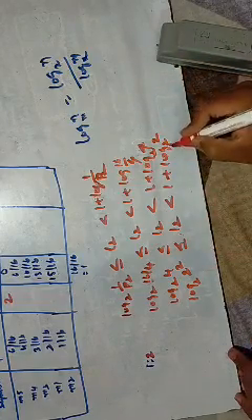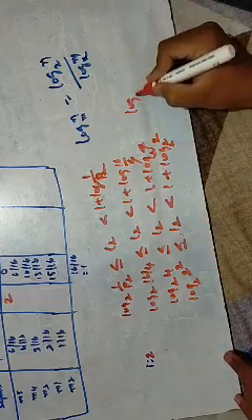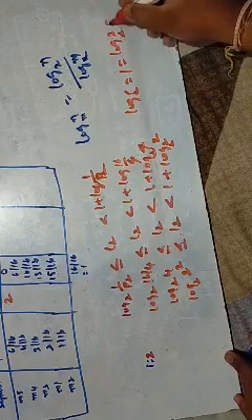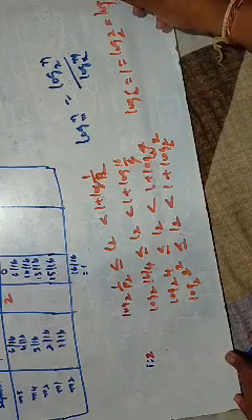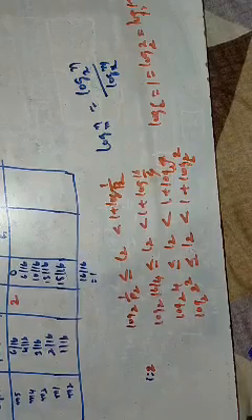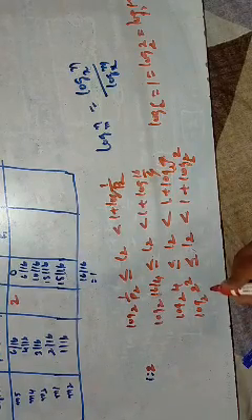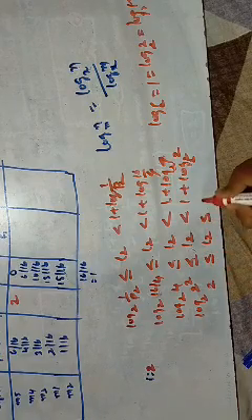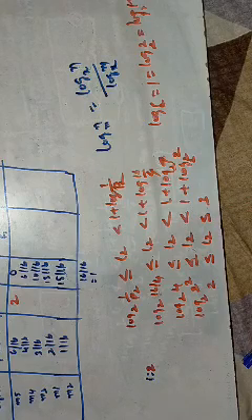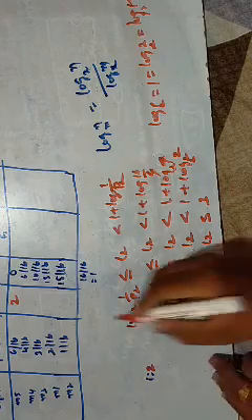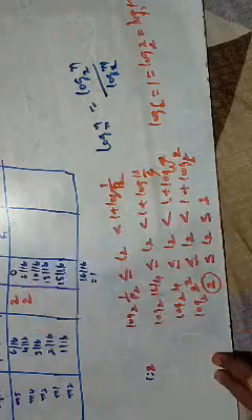See, we know that log e to the base e is equal to 1, log 2 to the base 2 is 1, and log 10 to the base 10 is 1. The value of the same base is equal to 1. So this is nothing but 2 less than or equal to L2 less than or equal to 3. In this case both are integers. Among them we have to select the smallest integer. So L2 is also 2.